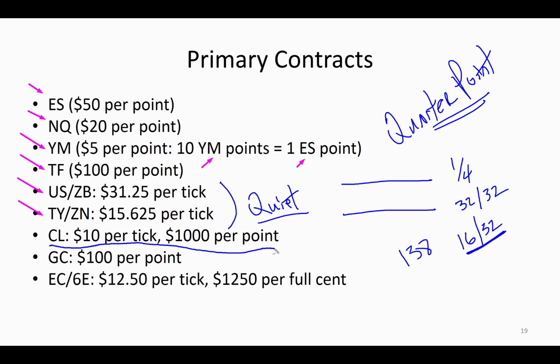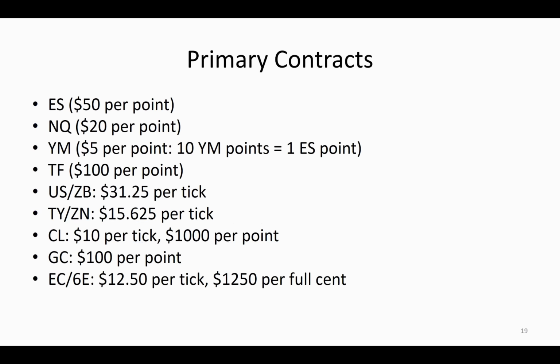If it breaks out to new highs, and as we'll look at the internals shortly, you can decide whether you want to fade it or go with it. Whereas with crude oil, that's where the action is a lot of times, and you really have to be aware of what momentum is. Same with gold and the euro. There are other contracts you can trade, and you can just do the indexes too. If that's your thing, it's like, okay, great, I'm just going to do